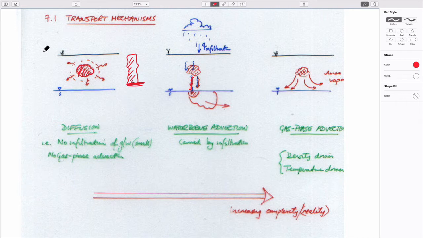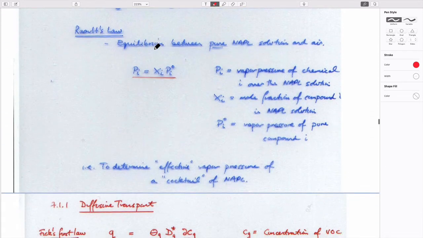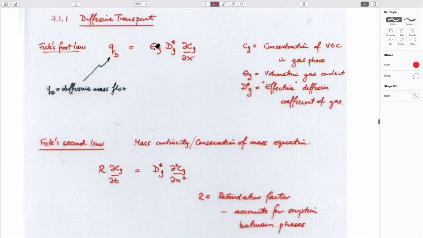So what we'll do, we'll talk about these first two. We'll deal with the first one first and the second one afterwards, but we'll try and talk about the different mechanisms by which this transport can occur. And so diffusive transport is no different from the behavior in the saturated groundwater zone, except now the driving flow